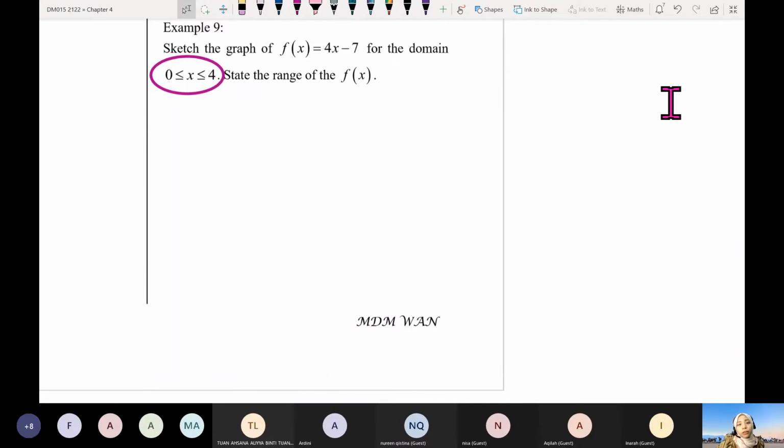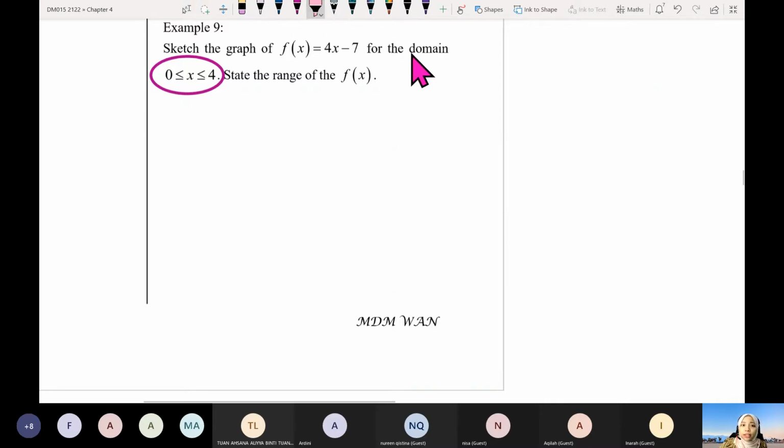Okay, today we are going to learn still the same chapter, chapter 4, second series, where last time we have discussed about domain and codomain or domain and range. And we have learned to sketch a linear function. So today I will continue some other example of linear function as well, but then when there is given